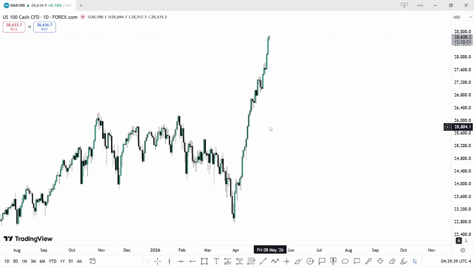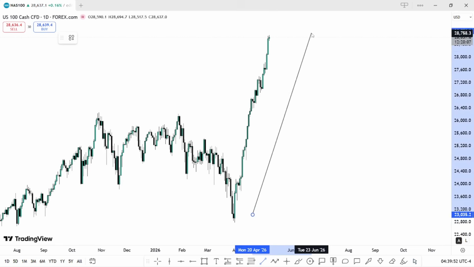The first thing you need to do is to come to the daily time frame. It will give you an understanding of what the bias in price is and what the order flow is going to look like on the lower time frame. So as you can see, just by looking at this price from this level to this level,